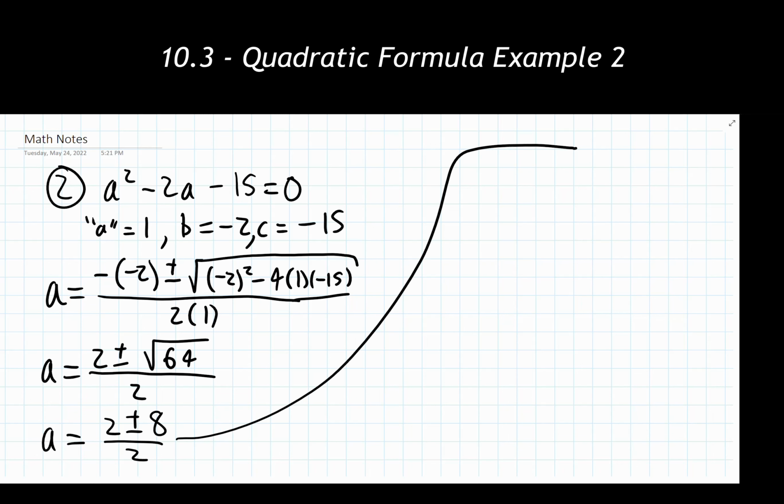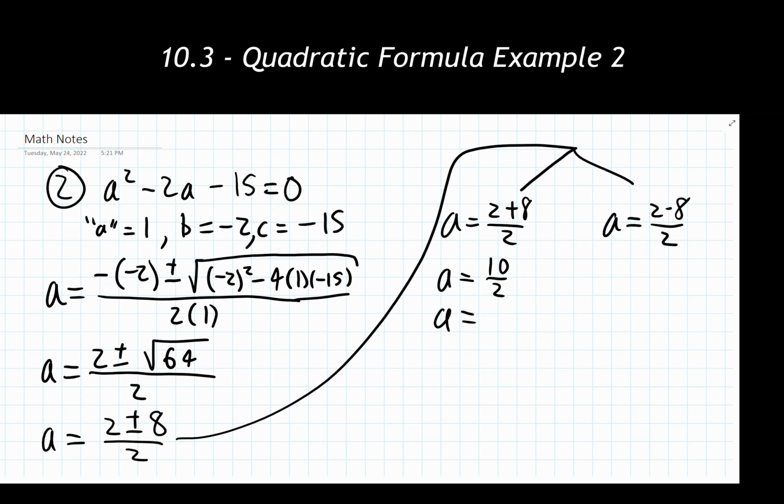And so now I need to take this problem and split it apart into the instance where I'm adding 8 and the instance where I'm subtracting 8. So write that out for yourself as necessary. And I really think writing each of these two processes out is very, very helpful. I find a lot of people try and do the addition and subtraction all at once, and it doesn't end well. So I'd recommend taking a little bit of extra time to go through and make that clear for yourself.